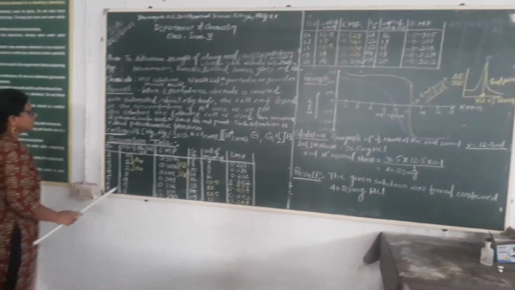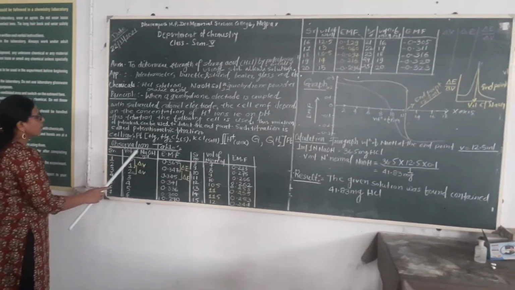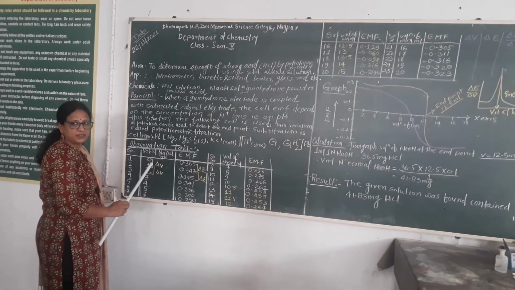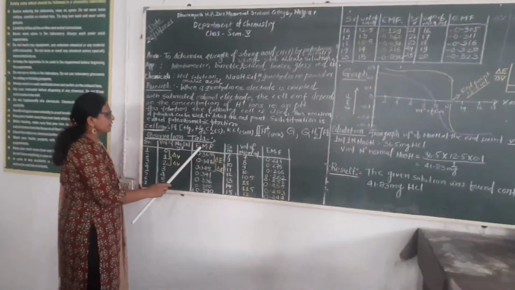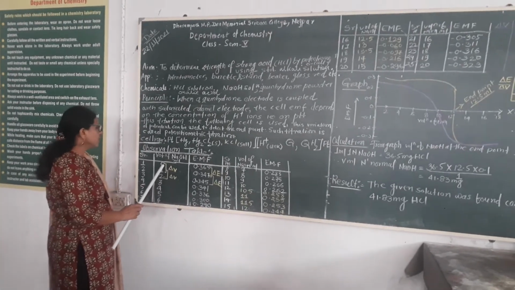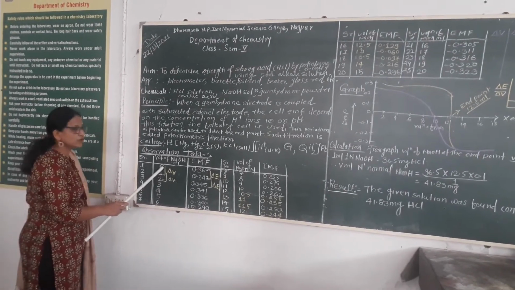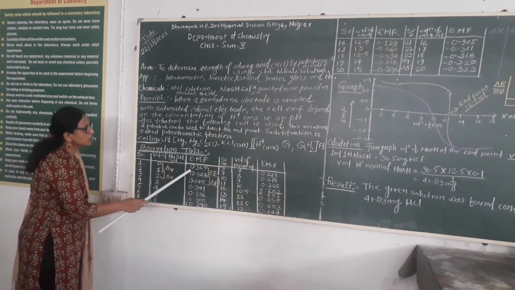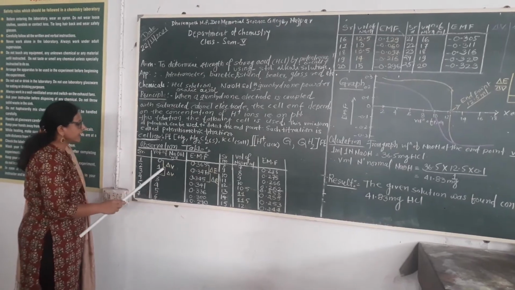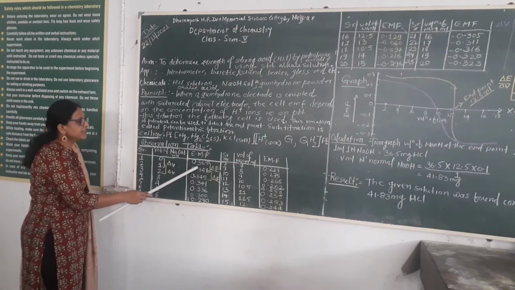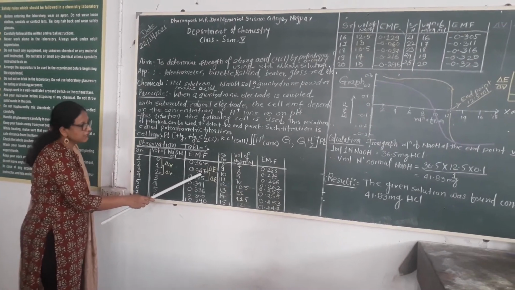See this observation table. This is the serial number. Then the second column here is the volume of NaOH added. We are adding 0.5 ml of NaOH in every installment. This is EMF. We have to note down the reading when there is no NaOH in the solution, meaning there is only HCl at 0 ml. After the addition of NaOH, note down the EMF. We will observe a decrease in EMF here.